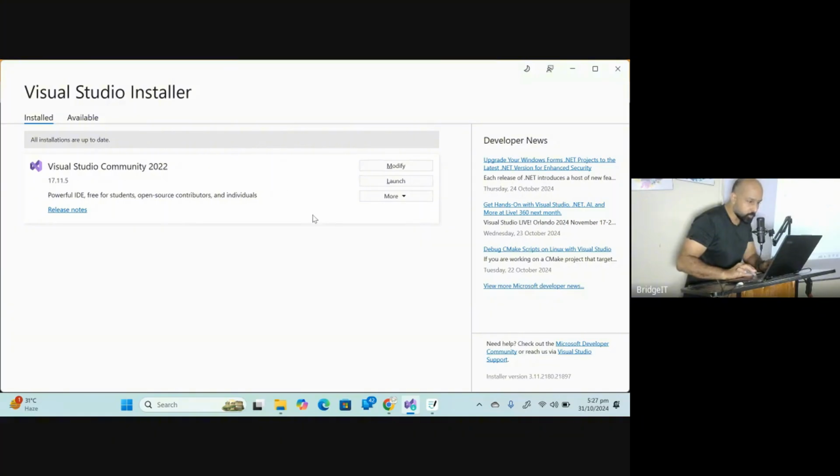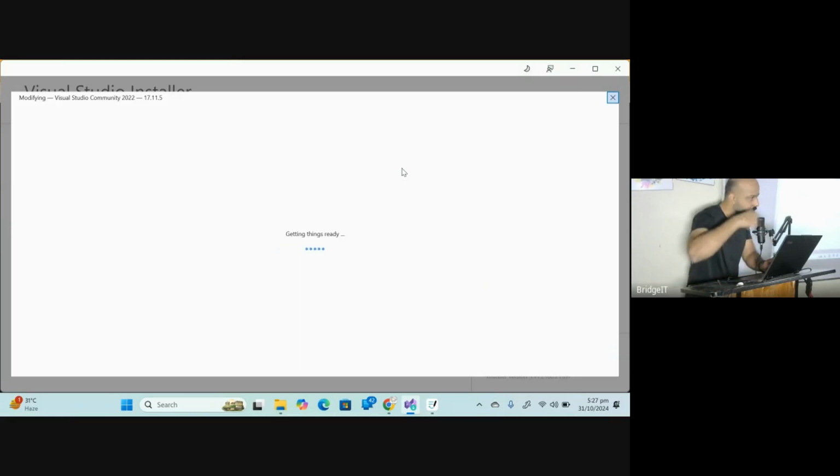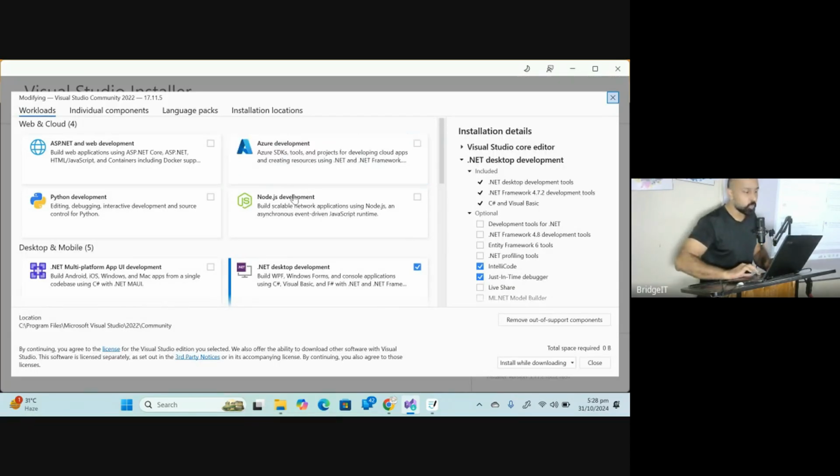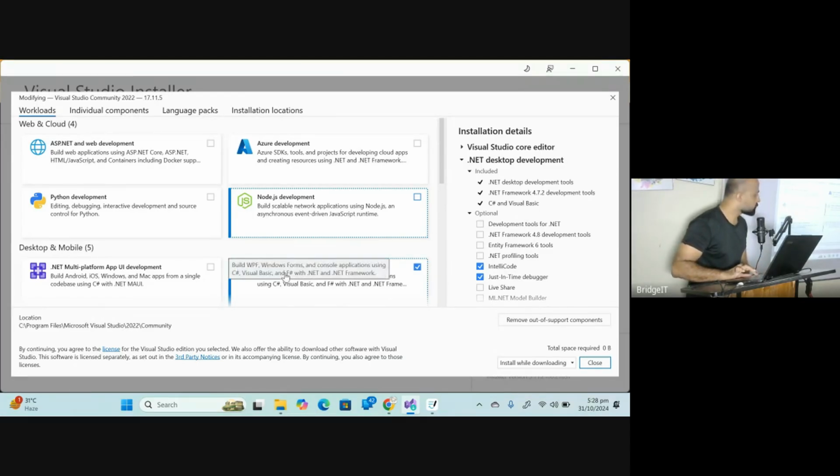Here you will have a number of options to choose from. I'm just going to click on modify, so you can also see the options that you have to choose to install. Instead of modify, you will click on next or install. When you are installing it for the very first time, all these boxes will be unchecked. So you will check this box. This is the box that you need to check. This is .NET desktop development using a number of languages, but this is the box that you will check.